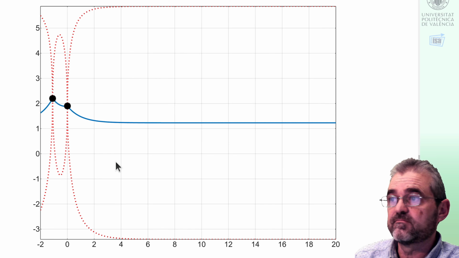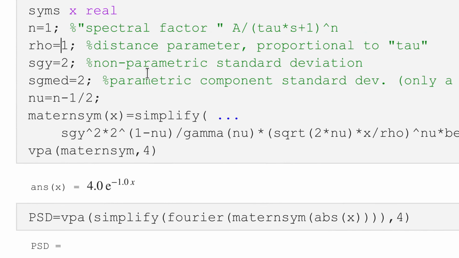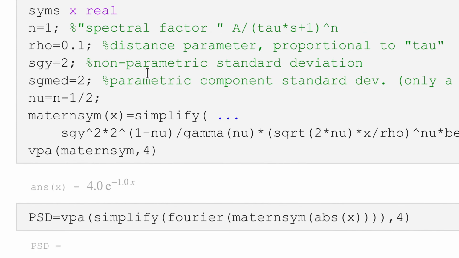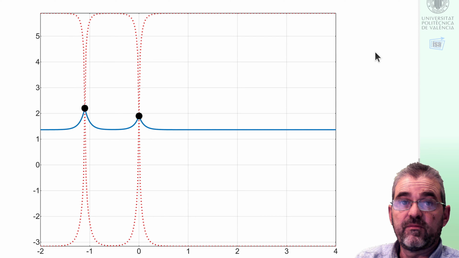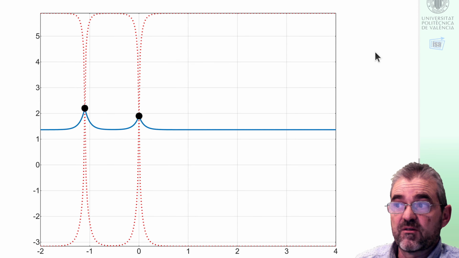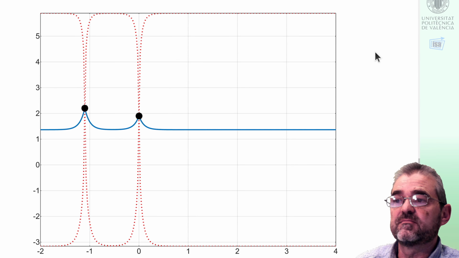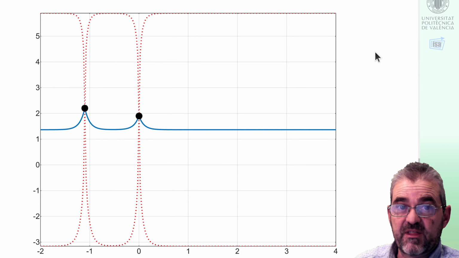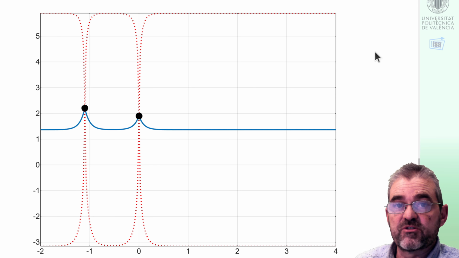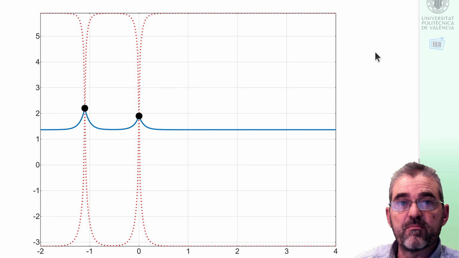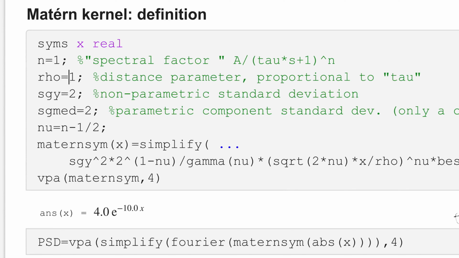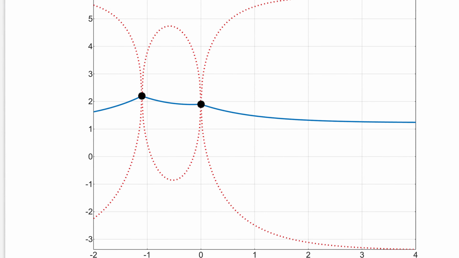If I now zoom in and reduce the distance parameter to 0.1, we see that basically the blue line, the expected value, is sort of an exponential bump into a flat horizontal line, and the width of that bump depends on the correlation distance. In here, the bumps do not overlap. With higher correlation distance, bumps overlap,